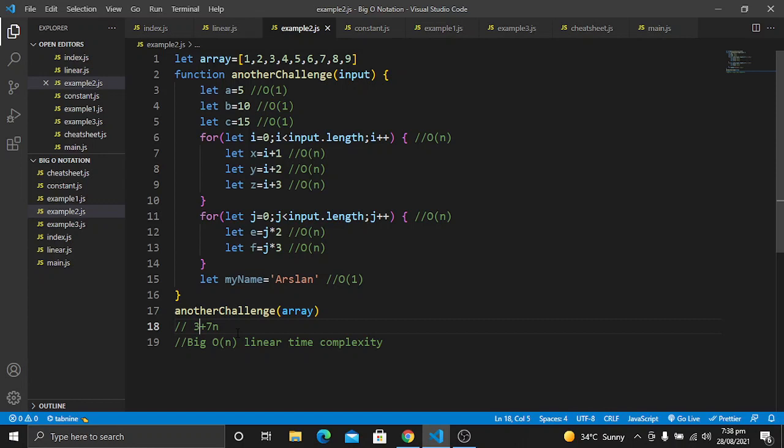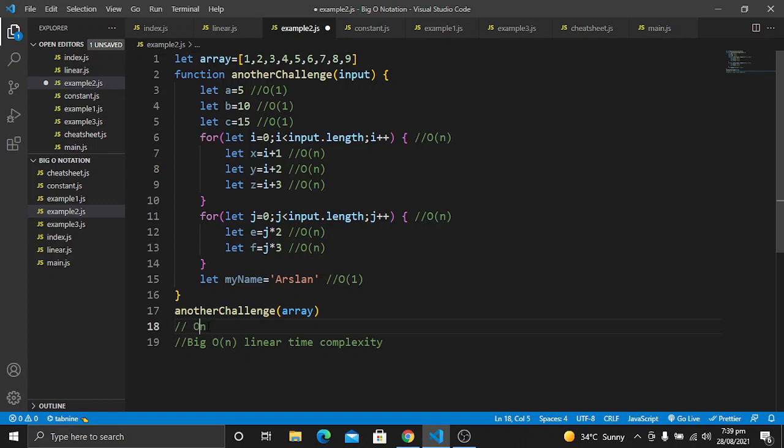For example, if the length of n is 1 million and we are concerned with the worst case, adding 3 to 1 million has a negligible effect. So for this reason we will remove the 3, and then we are left with 7n. The 7n means that it has a linear time complexity, so it will remain the same. For 1 million it will be multiplied by 7, for 2 million, even for a large term such as 1 billion, it will be multiplied by 7. It means that it will remain linear time.